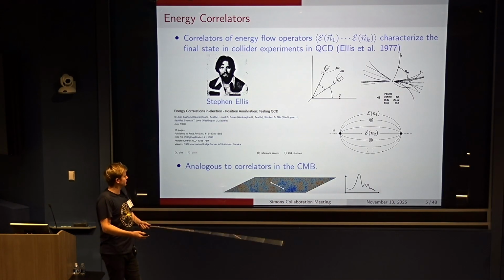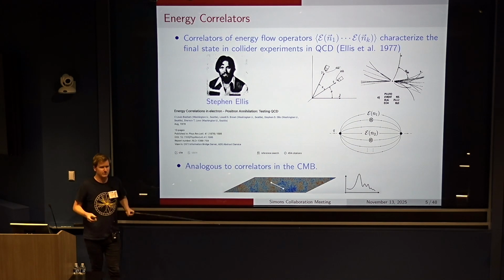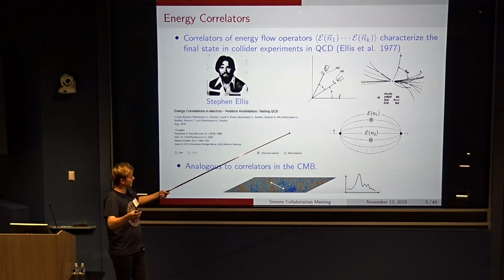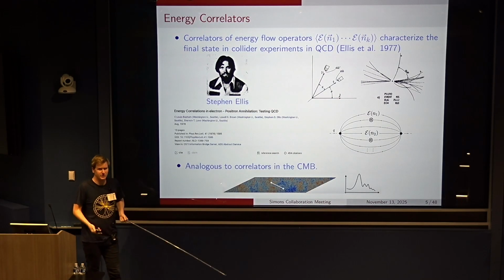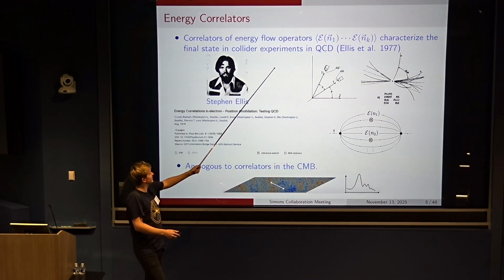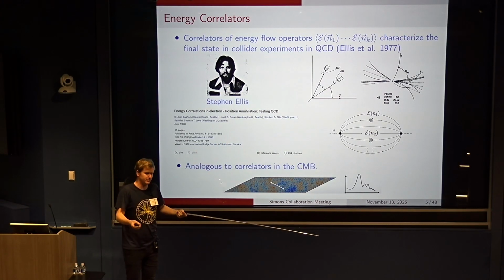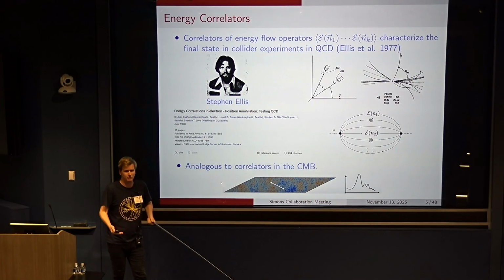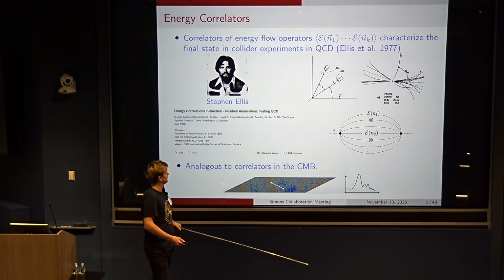one can measure just like you do, for example, in the CMB, instead of measuring multi-point correlation functions of temperature fluctuations, you can do this also for these multi-point correlation functions of energy flow. And so in particular, he proposed that you could characterize events in QCD by measuring multi-point correlation functions, which again, in the underlying field theory, would correspond to 4, 5, or higher point functions in QCD. And then this would tell us a lot about the distribution of energy in QCD and ultimately of the underlying field theory.